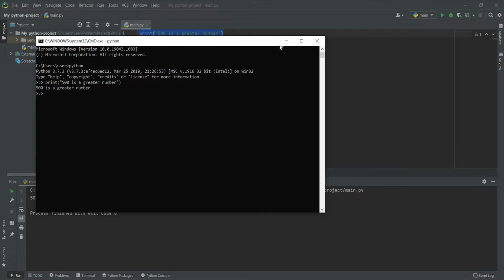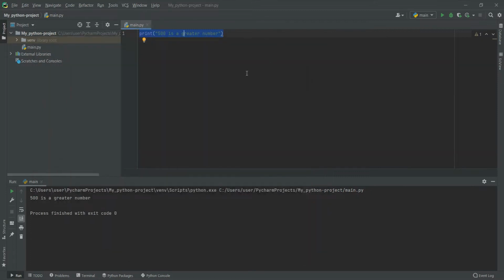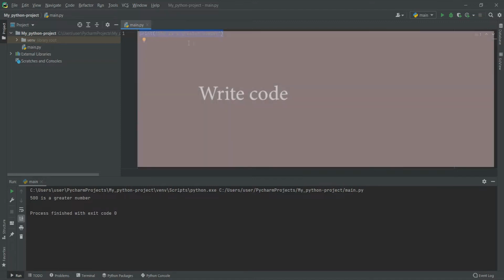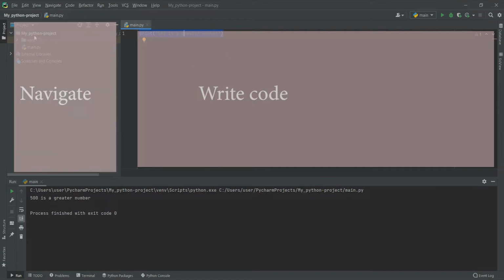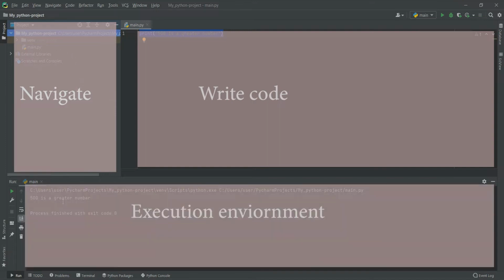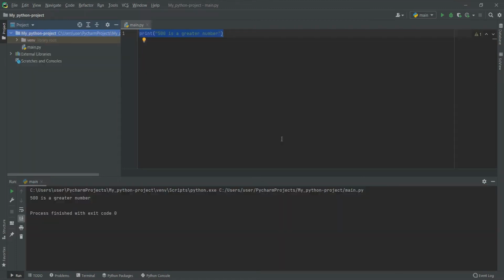So what you see right here, this whole thing is integrated. Generally all in one place, where you can write your code, the editor right here where you can navigate the files in your project. This is just a folder on your laptop and you can navigate the files here, and you have the execution environment at the same time. Otherwise you have to go to the terminal and execute Python 3. Here you have everything in one place, and tools that provide you with this type of environment for different programming languages, for Python it happened to be PyCharm,